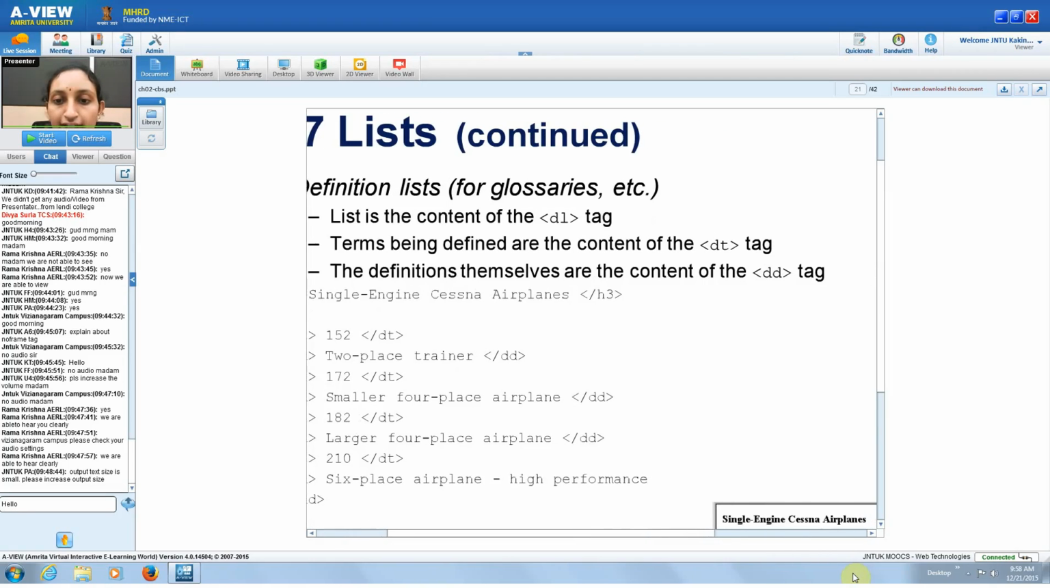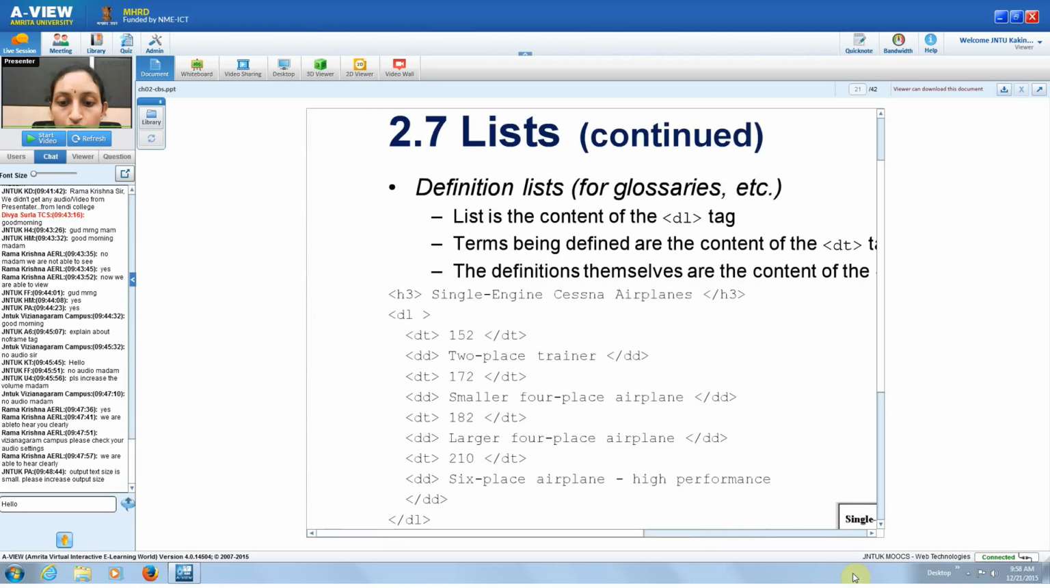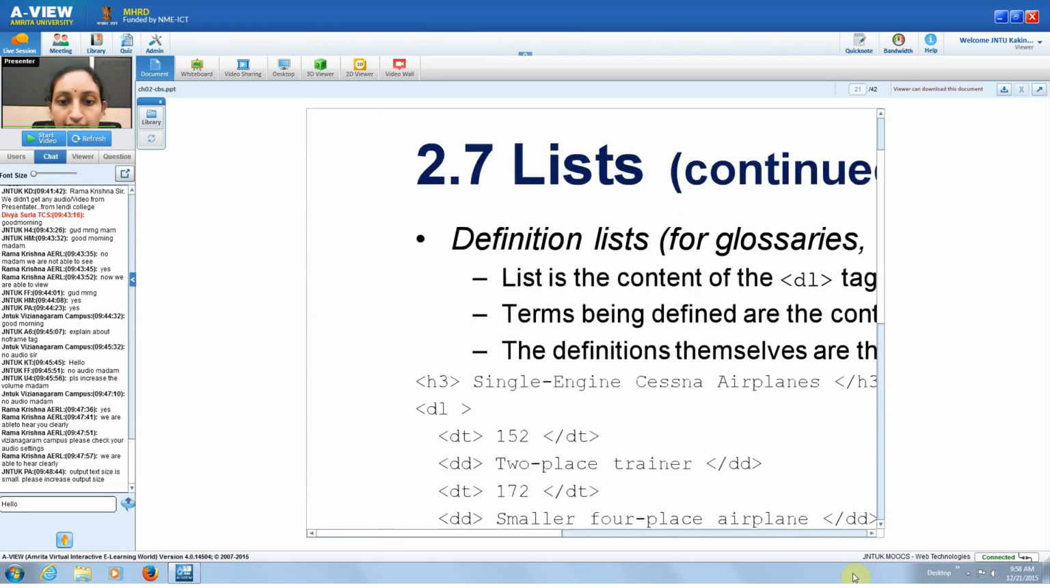The terms being defined are the content of the DT. These definition list terms can be represented by using the DT tag, and the definitions themselves are the content of the DD tag. So the DD tag has the definition, the term is DT, and the containing thing is the DL. So within DL we have DT, and under DT we will have DD. Here in this example you can see